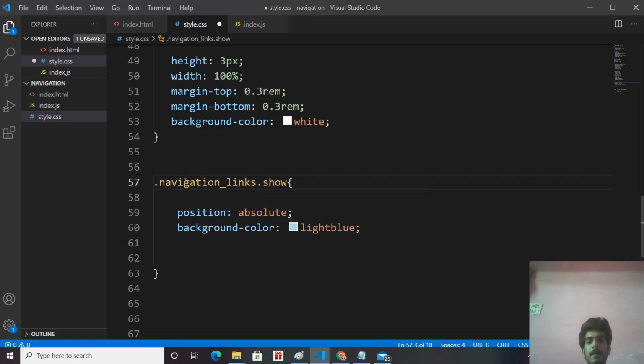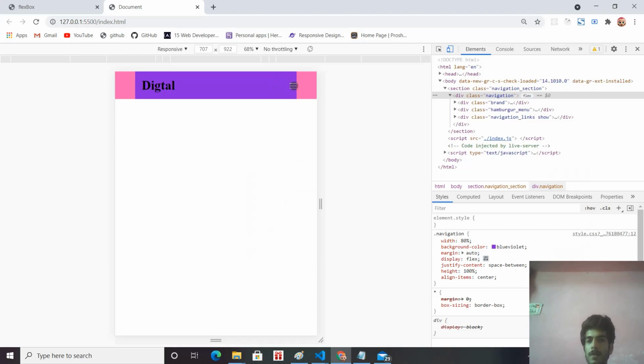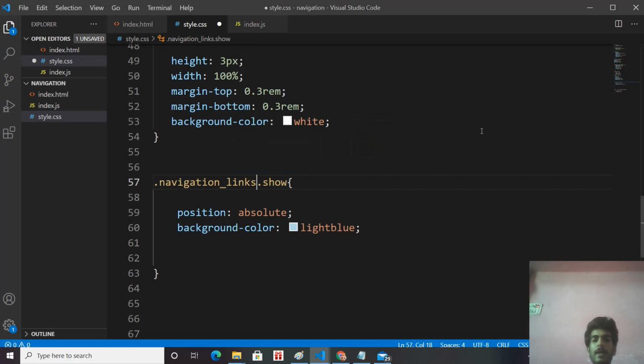So what does it mean? Navigation links div that has the show class, then this code is going to run. What we want is, when I click on this hamburger menu, our navigation links that has the show class gets these properties. So the properties get executed when our navigation links has the show class, but when we don't have show class, then this code doesn't get executed.